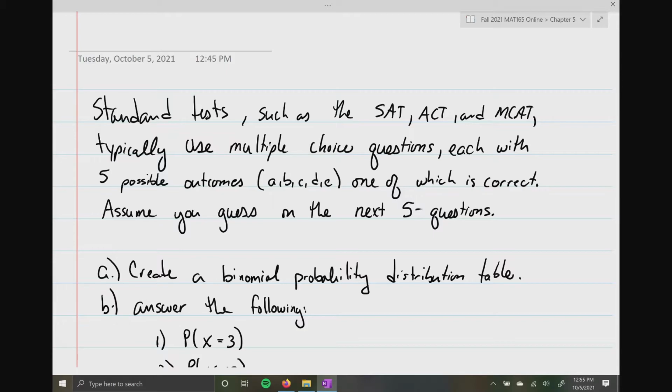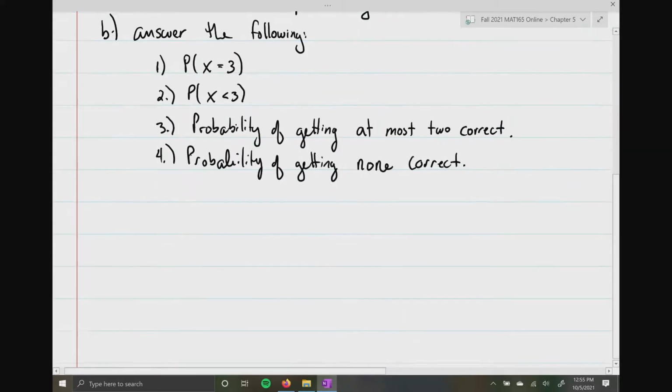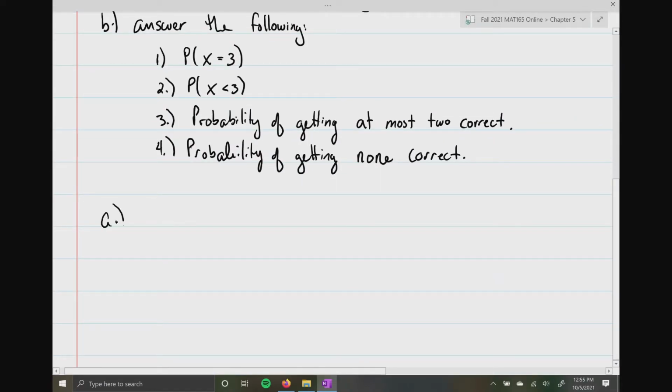So assume you guess on the next 5 questions. What we're going to do here is create our binomial probability distribution table using that binomial probability formula. And then we're going to answer the following questions. The probability that you get exactly 3 questions right, or the probability that you get less than 3 questions correct, or the probability of getting at most 2 correct, and then the probability of getting none correct. So the first thing I want to do is create a table, all right? So part A, we're going to create this table,